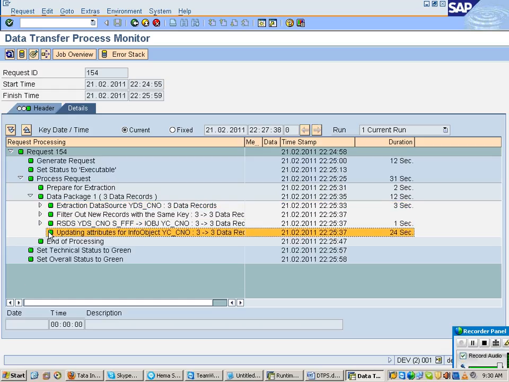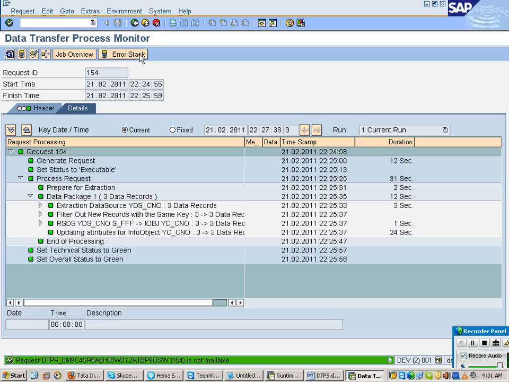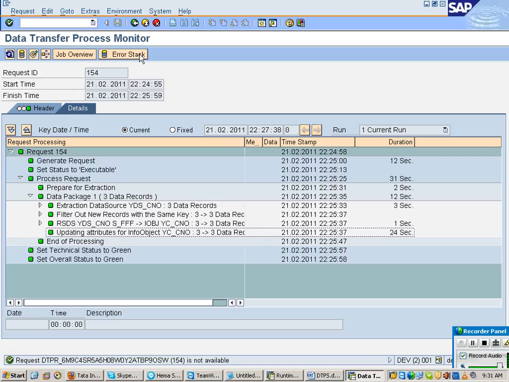And now if you want, you can observe what is there here. Is there any data in the error stack? Click on that. If any error is coming, data will be updated in the error stack as well. So there is no error. And if you want to see the contents of your target, what you can do? What is the icon here? Administer data target. That is to see the contents of your target.